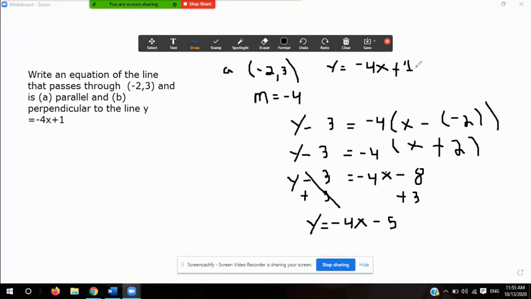And then I just use my distributive property. So basically, I'm going to multiply negative 4 times x, which is negative 4x, negative 4 times 2, which is negative 8, and that leaves me with y minus 3 equals negative 4x minus 8. After that, all I do is add 3. Negative 8 plus 3 is negative 5, and I bring down the negative 4x, and y equals negative 4x minus 5. So that's the first part of my problem, which is the parallel line. Now let's do